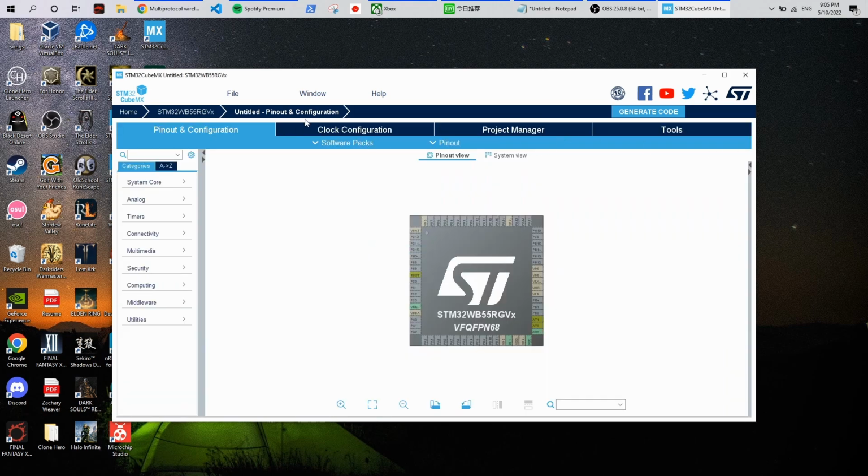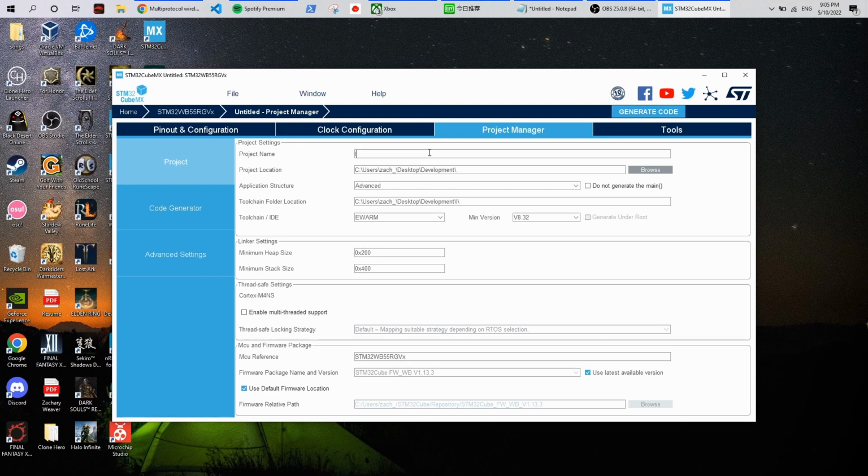Alright, now I'm not going to do any config here. We're just going to go to the project manager. I'll call this interrupt example, and I'm going to select a makefile as my toolchain. If you are on Windows and you don't feel like setting up makefiles and don't want to deal with that,